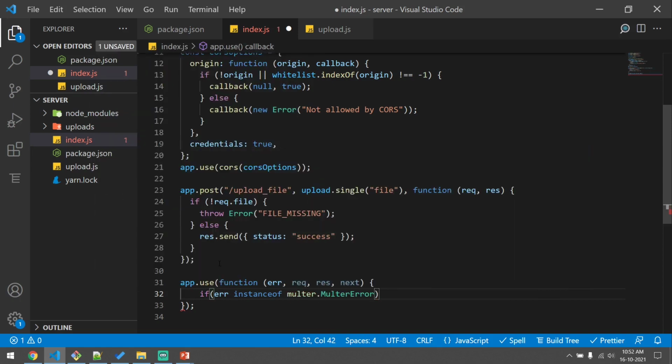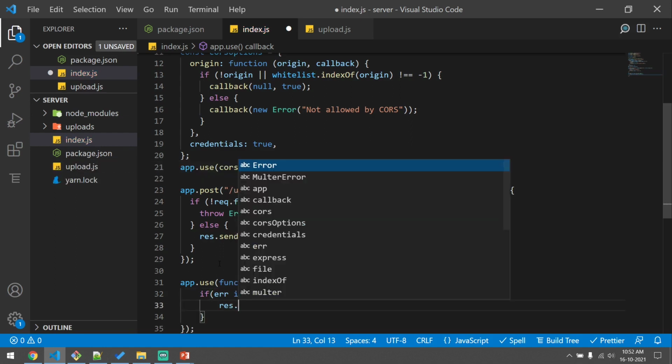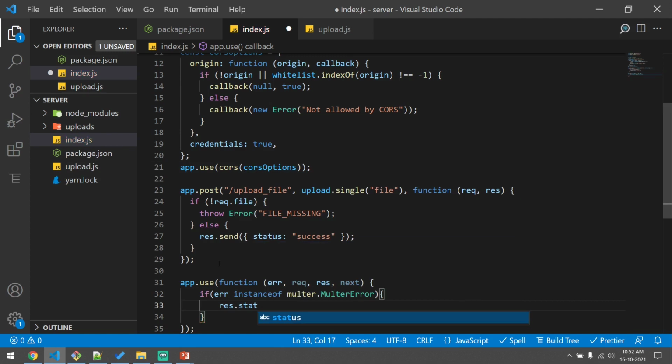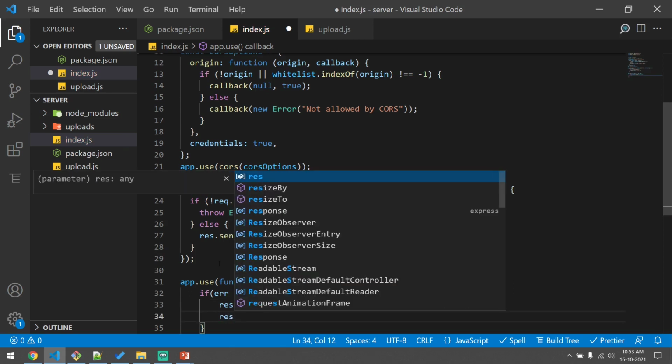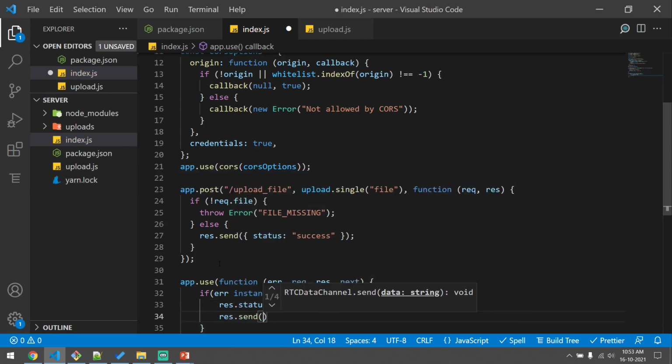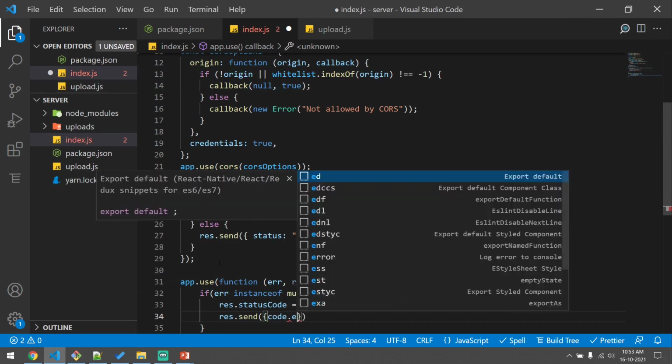If it is a MulterError instance, then we'll just pass it to the response. We'll set the response status code as 400, that is some error from the user, and we will do response.send. We'll just pass the code as error code.